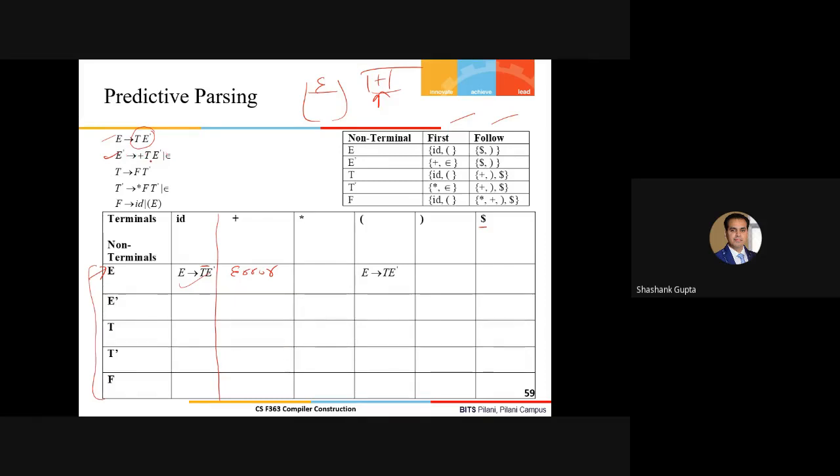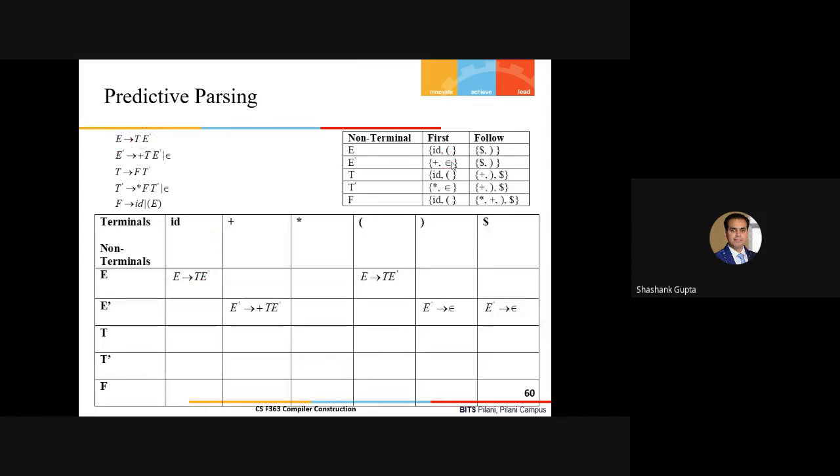So for this, it simply indicates that first of E prime is nothing but first of plus T E prime, which indicates that first of plus T E prime is nothing but first of plus, and first of plus is simply plus here. Fine. And also epsilon, but we do not have epsilon in our input stream, right? So right now we'll simply mention that E prime under this plus is deriving plus T E prime here.